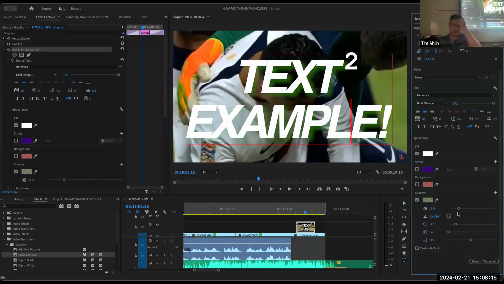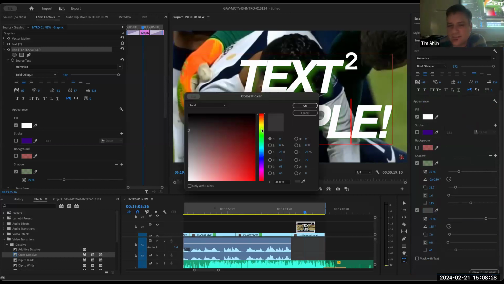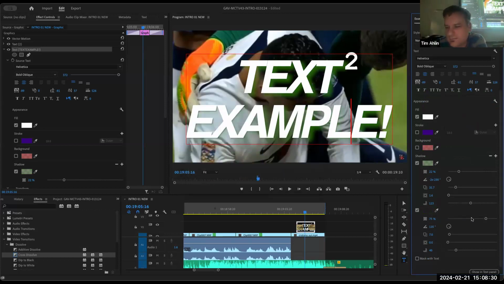It looks horrible with our burned green thing up here, but you can see these are all different elements that you can add or do. You can actually add multiple elements here too. If I wanted to add a secondary shadow, let's make it black. And let's make it all the way. Oh, am I not?